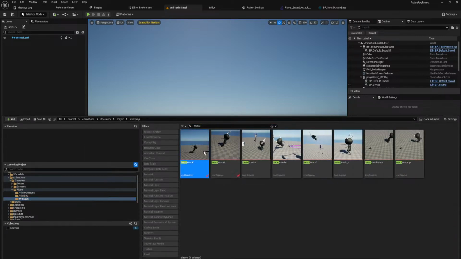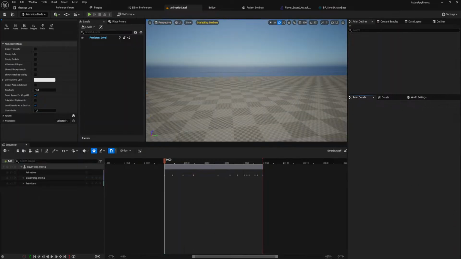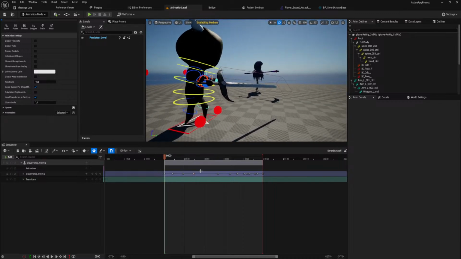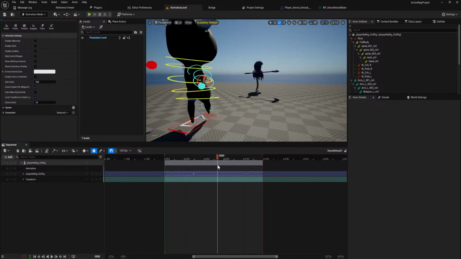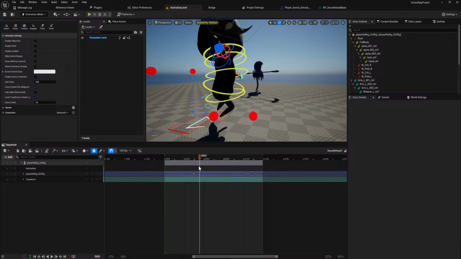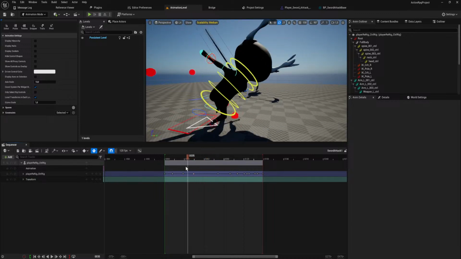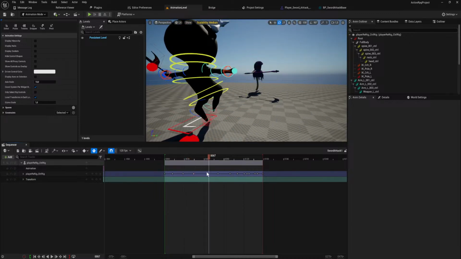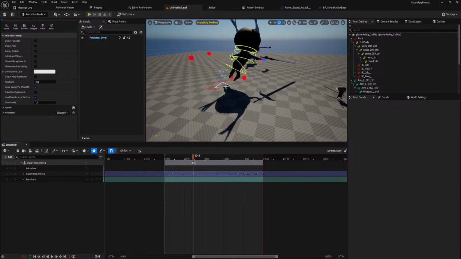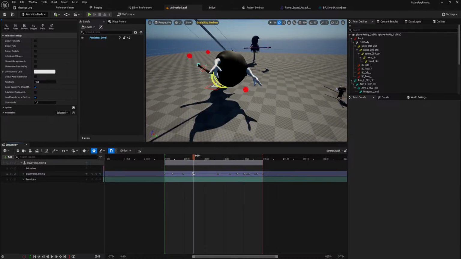Let's go back to Sword Attack 1, the actual animation sequence. And let's see what happens if we remove this.